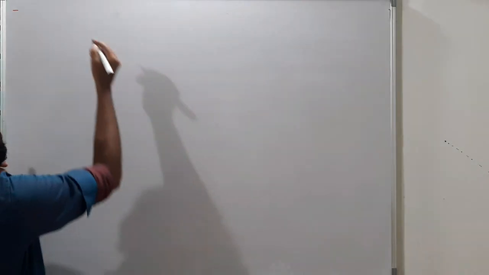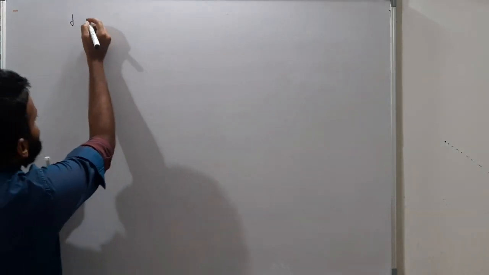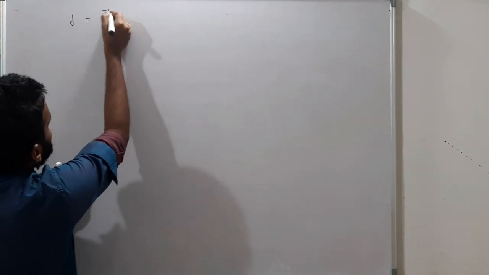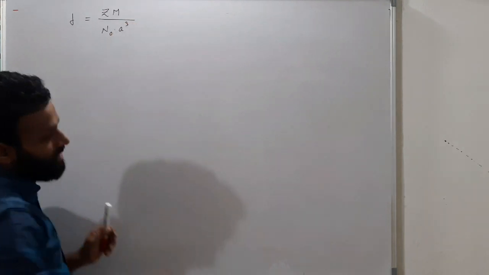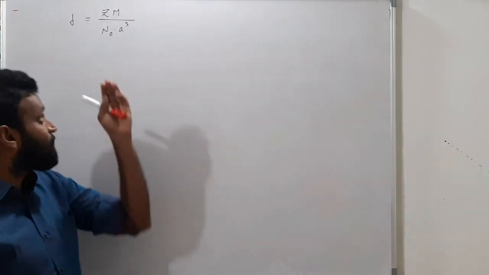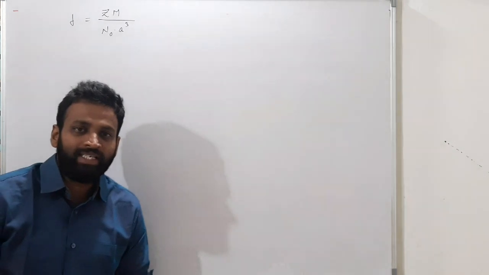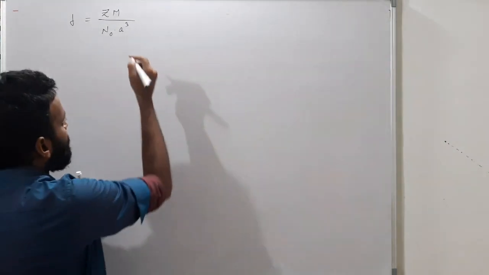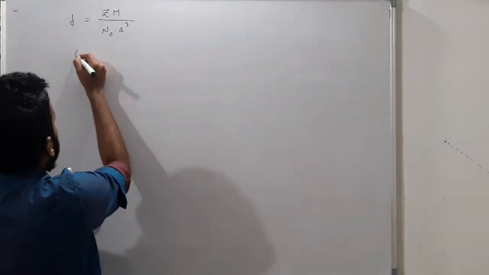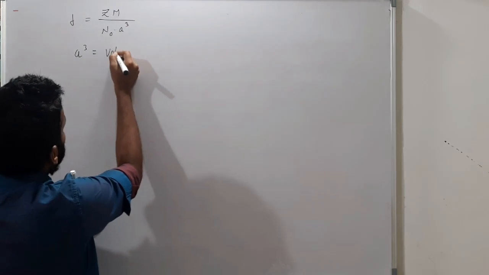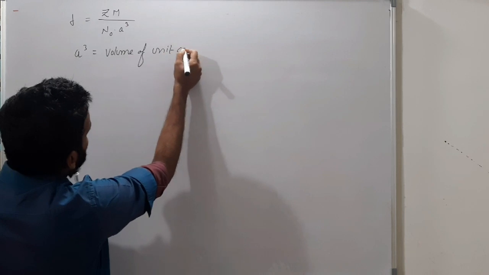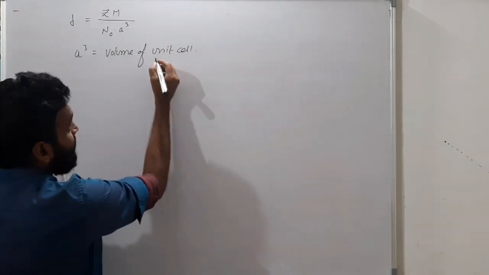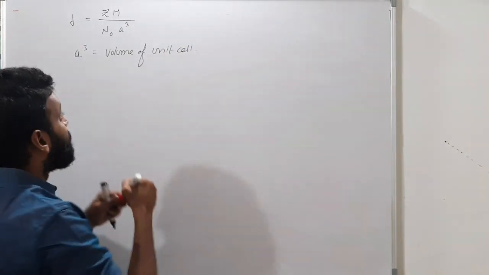So in that, density I was given, right? Density is equal to ZM by N naught a cube, I was given, right? This is the formula for calculation of density. So here for a cube, what is a cube here? A cube is the volume of unit cell actually. Volume of unit cell you can take, but this is the volume of unit cell